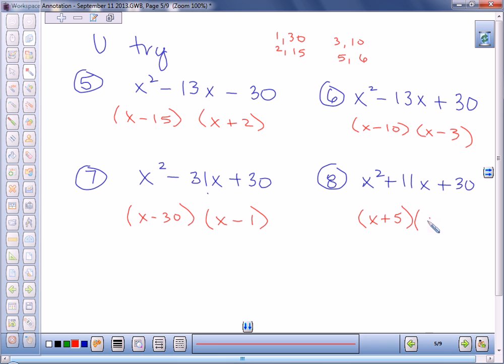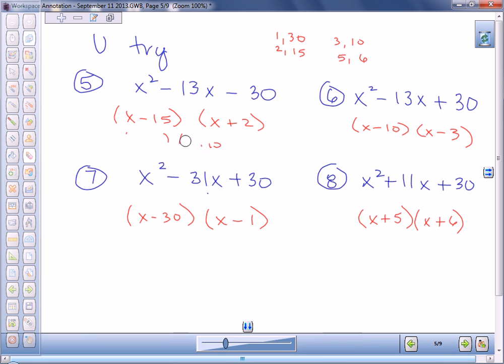For number 5, can I do negative 2 and a positive 16? Okay, if we did a negative 2 and a positive 15, oh, never mind. If we FOIL it back, we don't get the right sign in the middle. All right. So now that we are like a champ at this one,